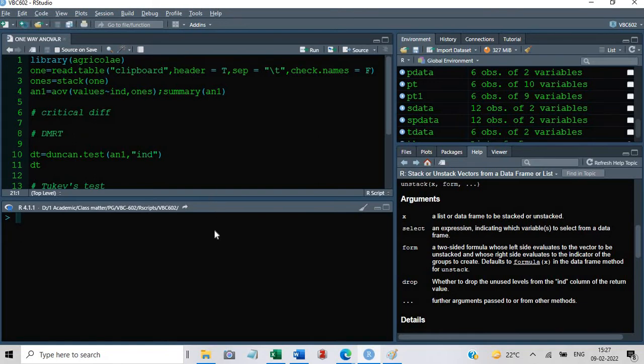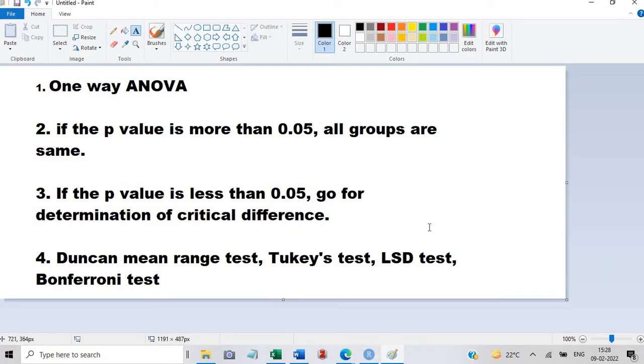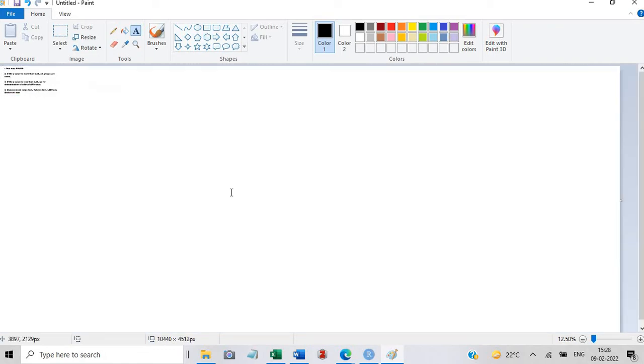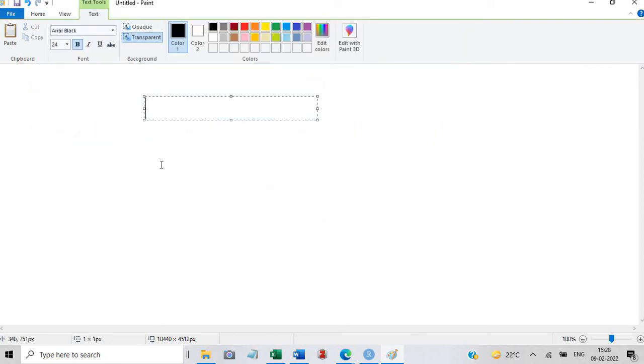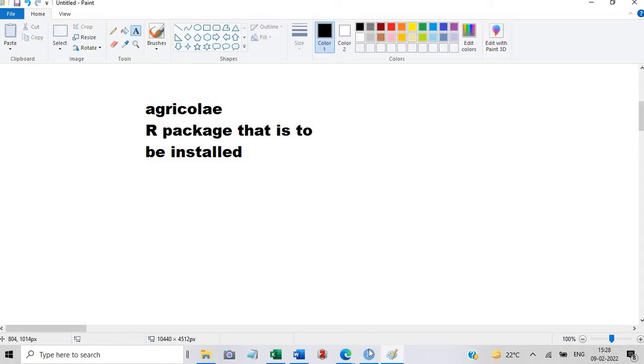To carry out one-way ANOVA, we require a package that is called agricolae. This is the R package that is to be installed.